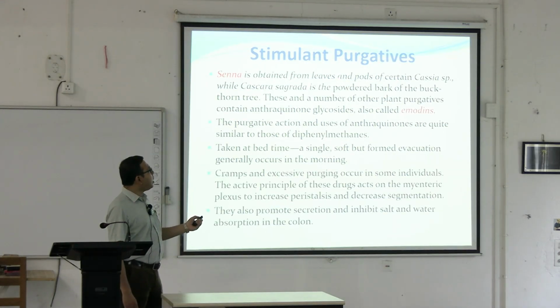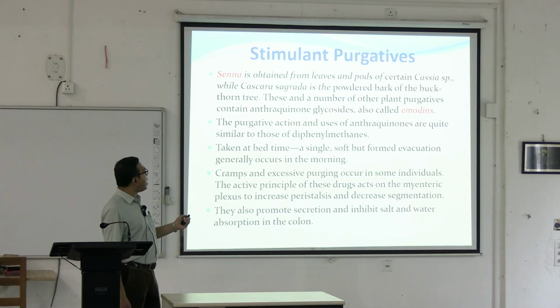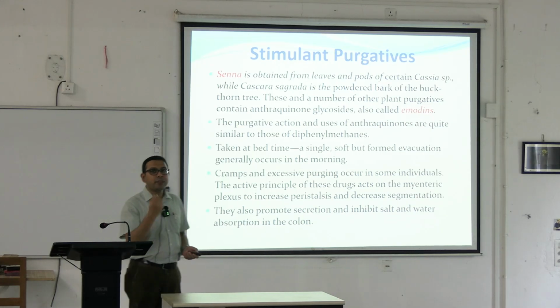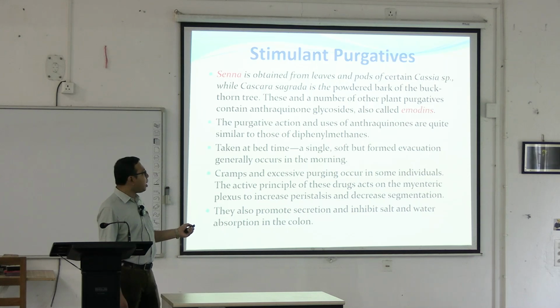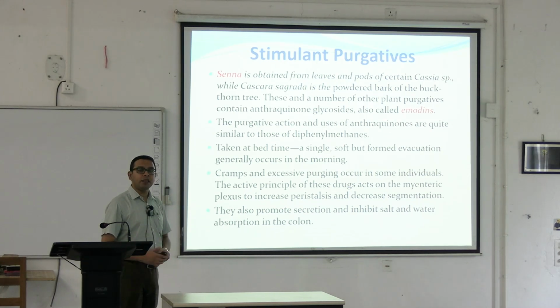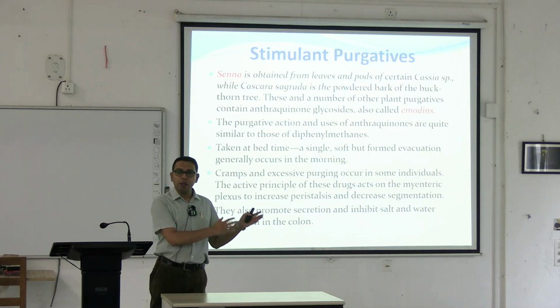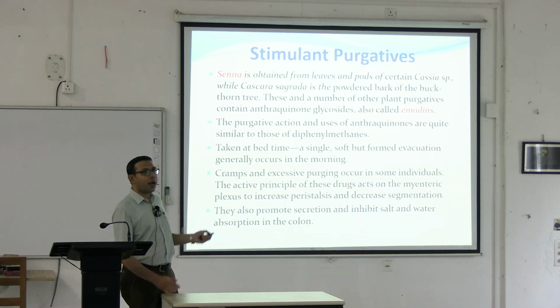It is obtained from the leaves and the pods of certain cassia species. Cassia is a plant, Cascara sagrada. So ultimately from these different glycosides are obtained. Example is emodins. The purgative action and the uses of these anthraquinones are quite similar to that of the diphenyl methanes. Diphenyl methane example is the bisacodyl, already you have seen, and these are obtained from the different senna or different